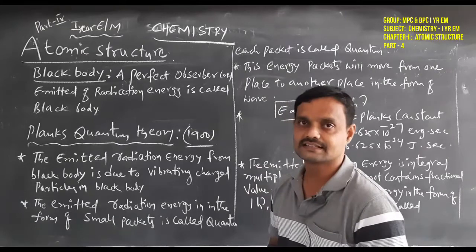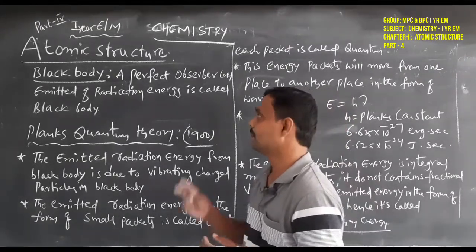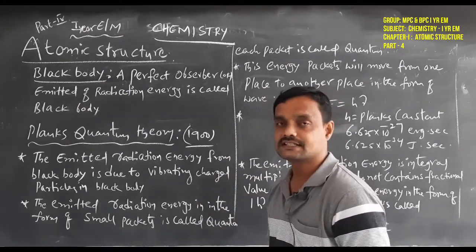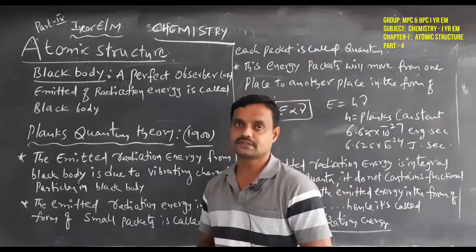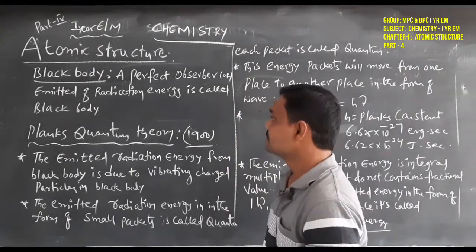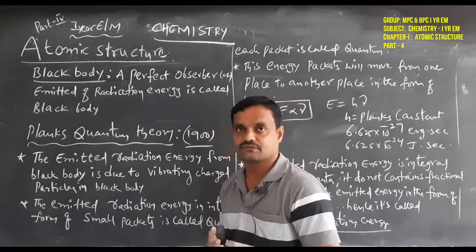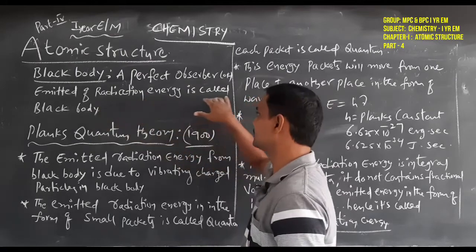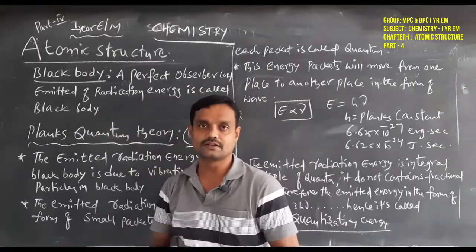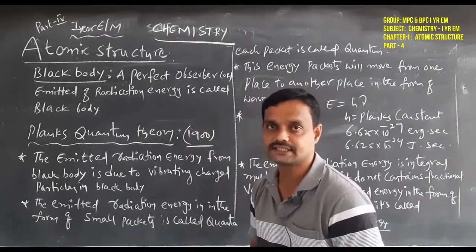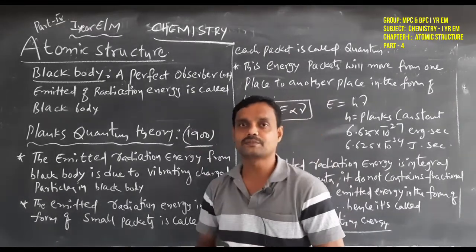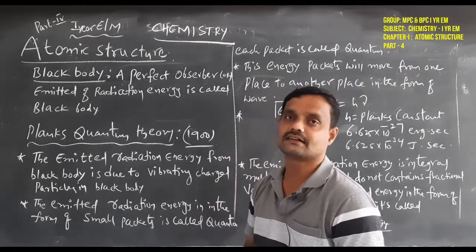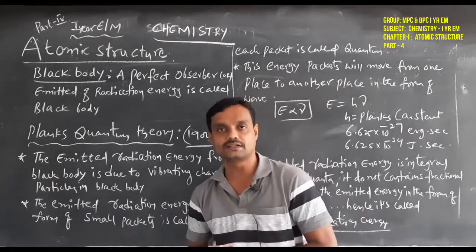So simply that is called a black body, here we should consider it as one type of black material. So what is the nature of that black body? Black material has a separate type of nature. For example, a perfect absorber and emitter of radiation energy is called a black body. Here the black material is a perfect absorber and emitter of radiation energy. So simply that is called black material, nothing but a black body.